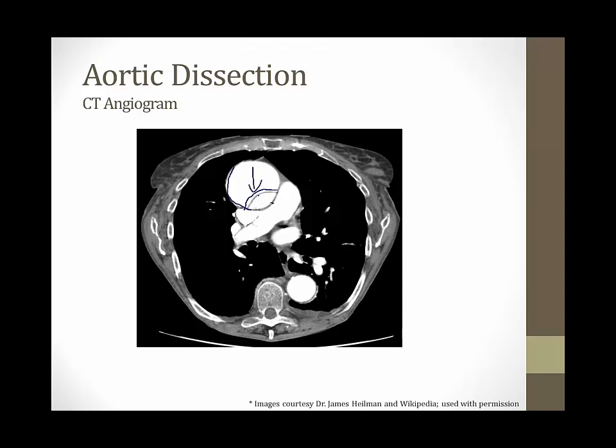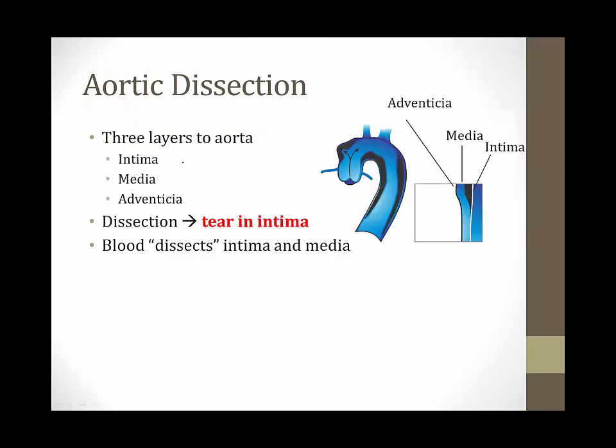It's created this dissection flap, and thus you can see blood in the true lumen, which is here, and in what's known as the false lumen, which is the space between the layers of the aorta, shown where I just circled with my pen. So to understand an aortic dissection, you need to recall that there are three layers to